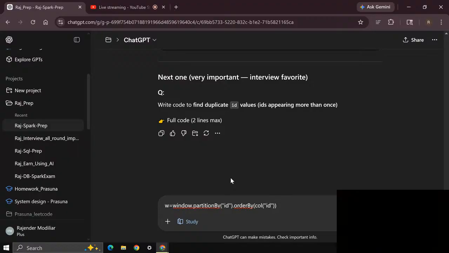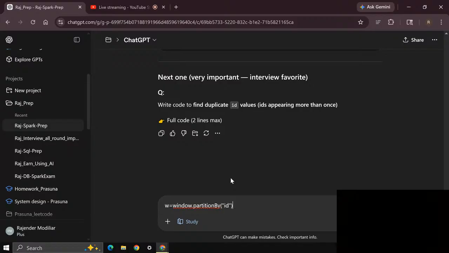It just needs to partition by because it's on the same ID. You need not do order by. You just need to do window, it needs to be done on this, and after that it needs to do df.